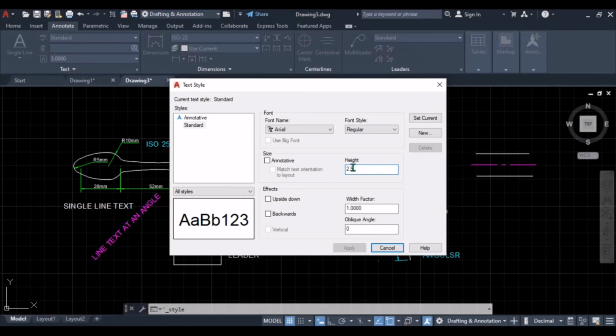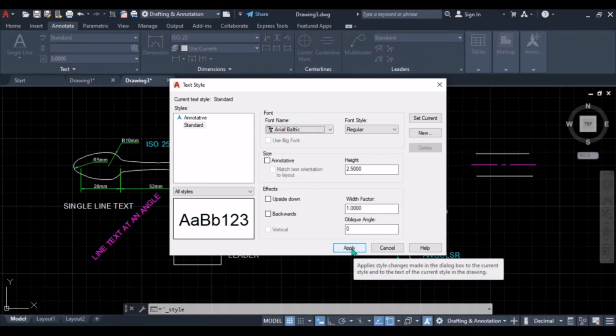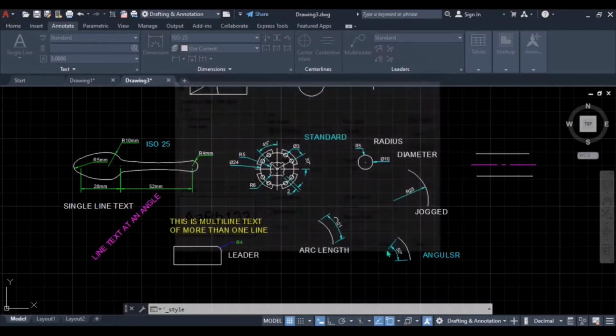Text height should be the same. So just change your font, then text height, and click on apply. You can do some modification. Click on apply and close this window.